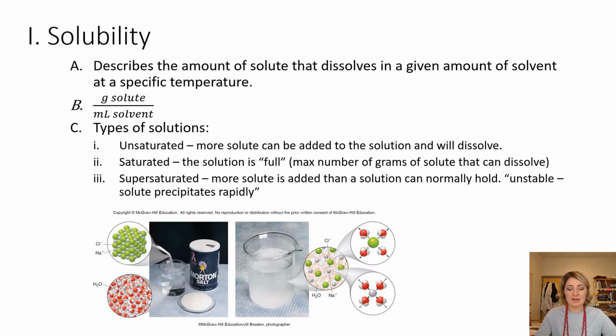And a good example I like to think of are those reusable hot packs. So when you first have them, they're kind of a bag full of kind of a gelatinous substance, and you have to click a little piece of metal in there. And as soon as you add that agitation to your supersaturated solution, that's just enough to disrupt the supersaturated solution, and it causes all of a sudden at a rapid rate all of that solute to precipitate out of solution. Well, that tends to be exothermic, so it gives off heat also. To reverse the reaction, you heat it and then cool it very slowly so that you can get it back